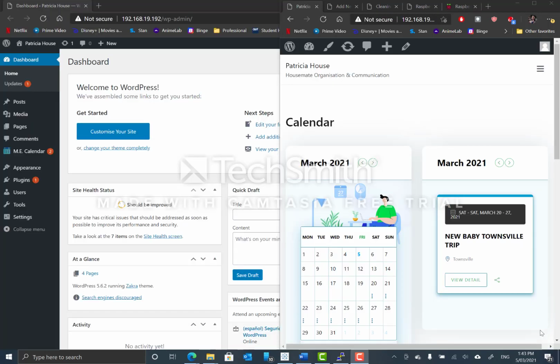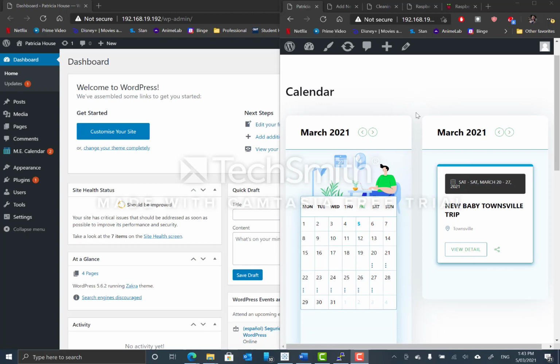The first main function I wanted to work on with my website, which I was now dubbing Housemate Organization and Communication. So we have our house name called the Patricia House, just for a nickname to easily identify it. The main feature I wanted to work on was the calendar. The purpose of this was to have everyone add their events to the calendar, and then everyone could see